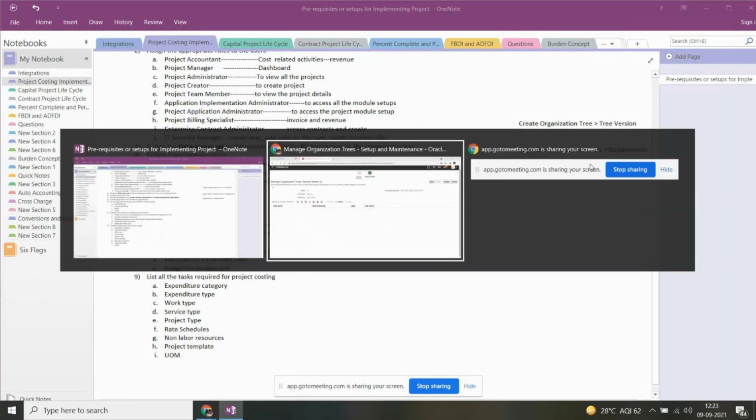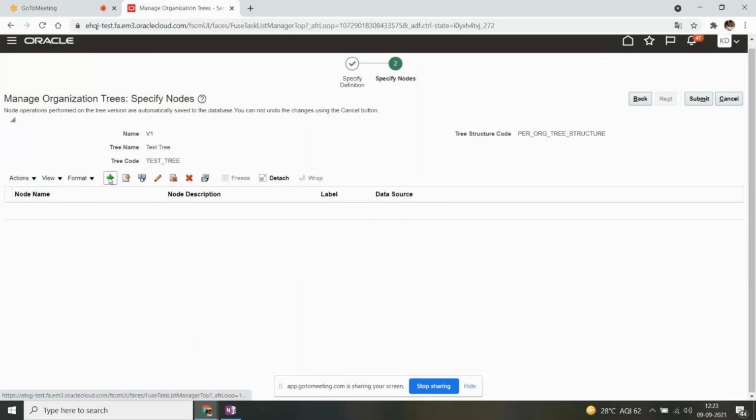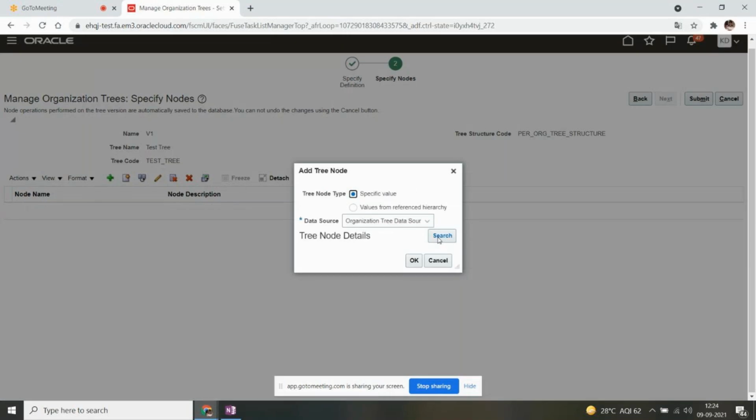Okay, so let's go and add the legal entity. First we'll come up with the legal entity.